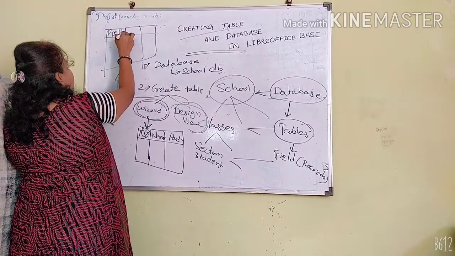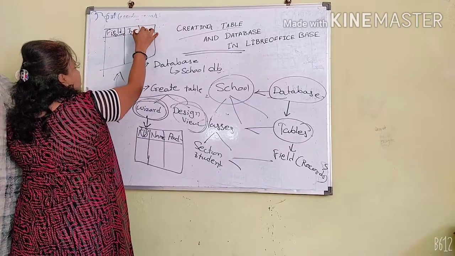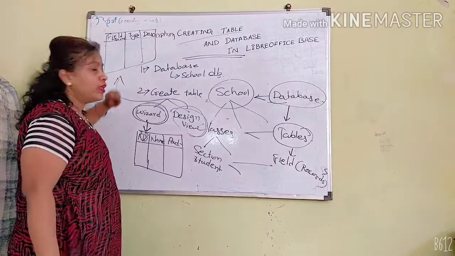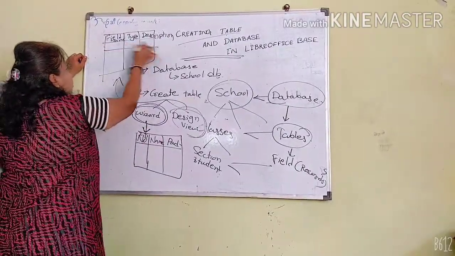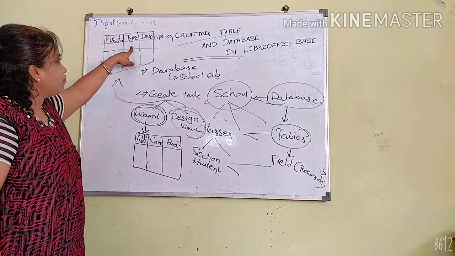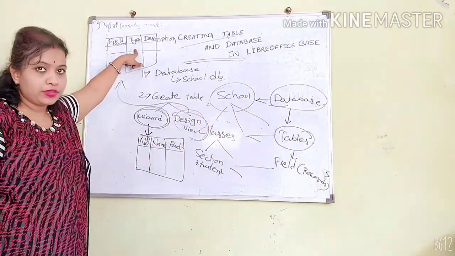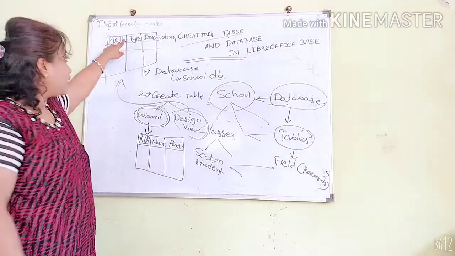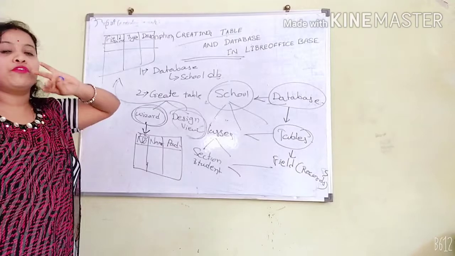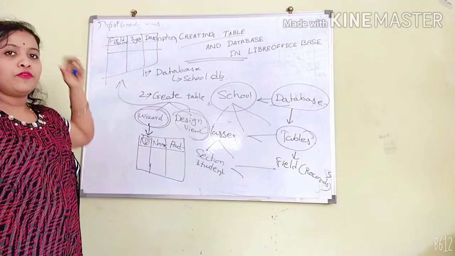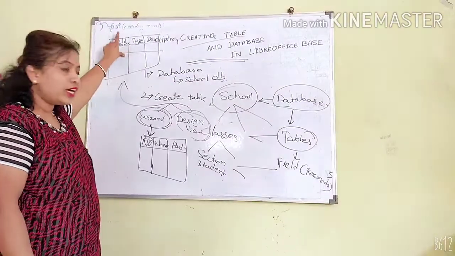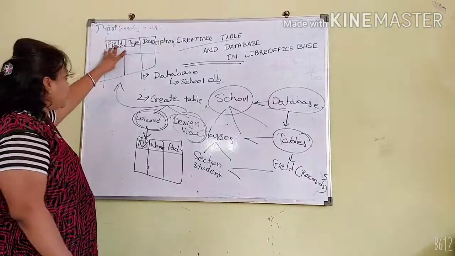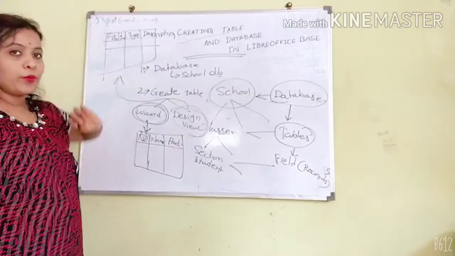But whenever we choose the design view, you get a blank table with field name, type, and description. Here you have to give the field name, and in the same way you have to choose the type, which I already discussed in the last video, that is what the field types are: char, varchar, number, integer, float, everything. According to that you can choose here. It is not necessary to give any description. These two fields are very important.